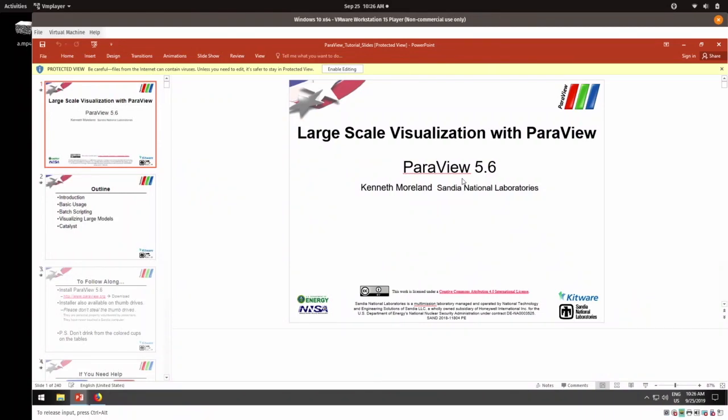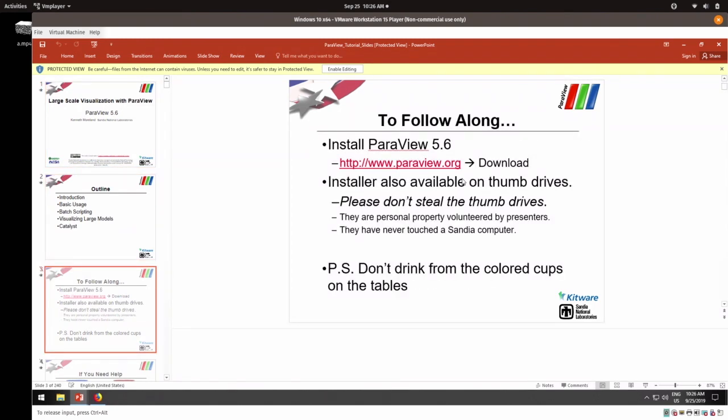All right, and Ken Moreland at Sandia is one of the people who has contributed the most to ParaView through his own development and also, I guess, providing funding through his organization for ParaView. So he really needs to get a lot of credit for ParaView. All right, so